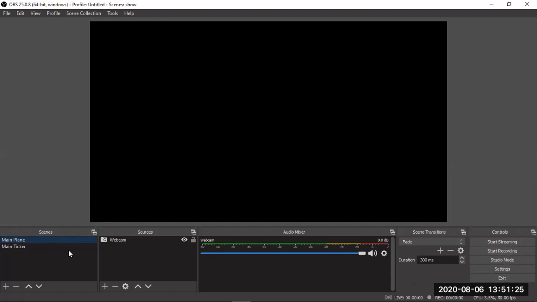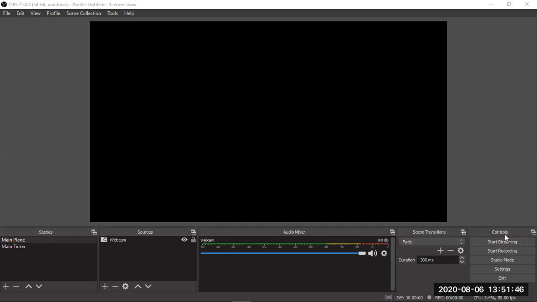Here nothing is actually taking place, because I have muted the echo. I'll just switch it off. So this is how your OBS looks.